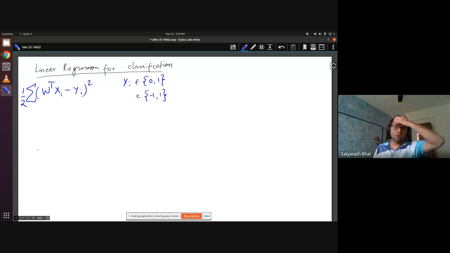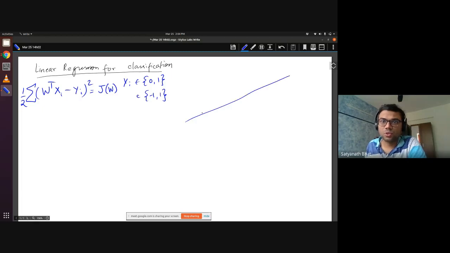Okay, so now there is a problem with this. This kind of an approach has an issue. Linear models are not too terrific for learning binary class, right? Because W transpose X is a line. So using a line, if you want to approximate 0 or 1, that seems like a poor choice, right?